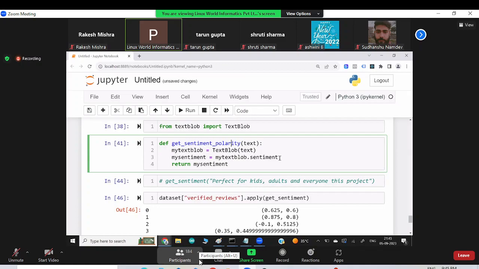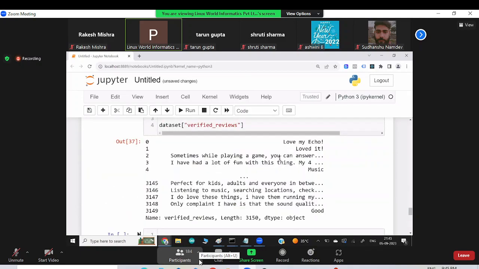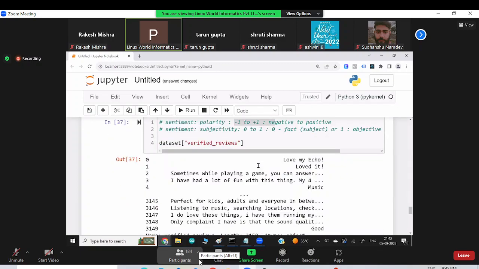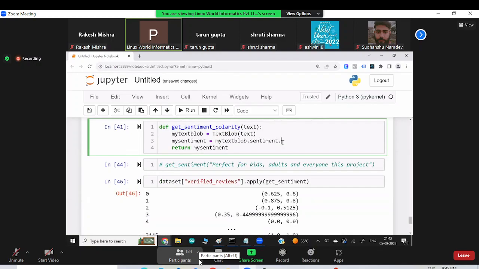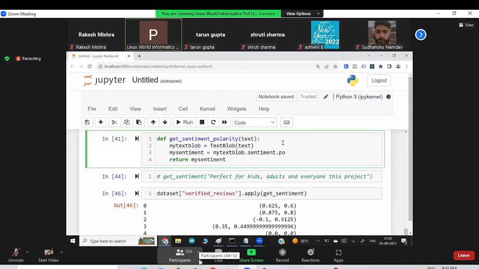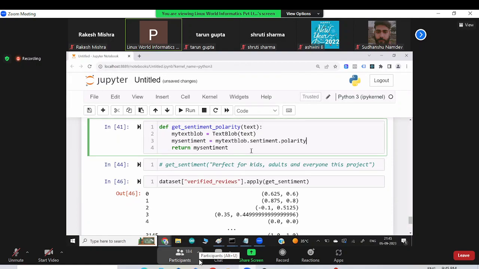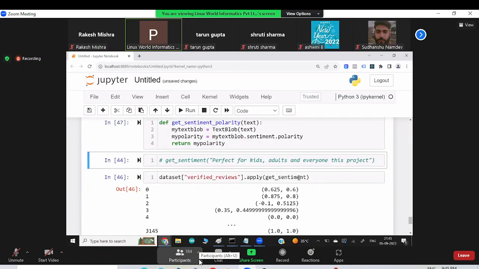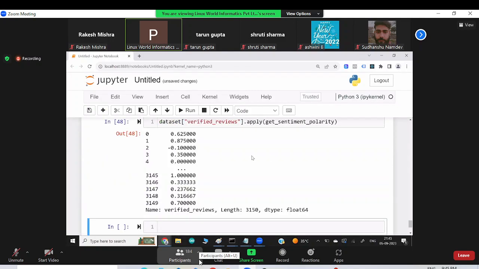Okay, and in sentiment, I told you in my last class also, if you want to find out the polarity, you can write the keyword polarity here. Let me give a better name. It's my polarity, just a variable name. So this function is more about finding the polarity, and the function name is get polarity function. Now here they only give you the polarities.